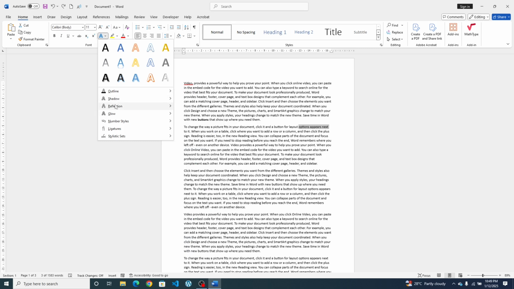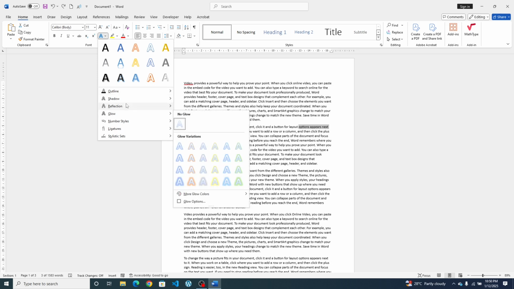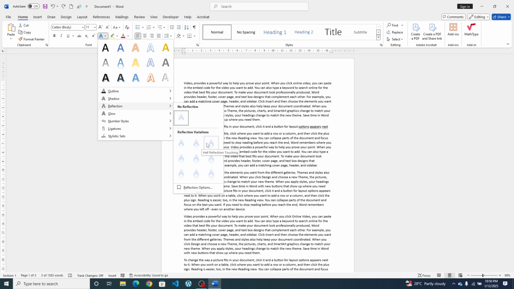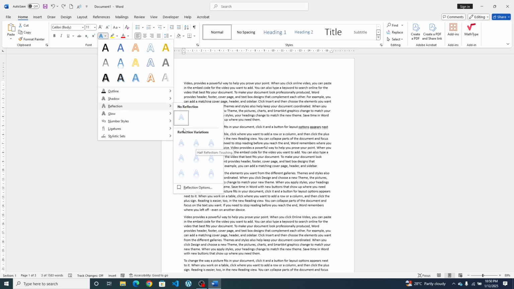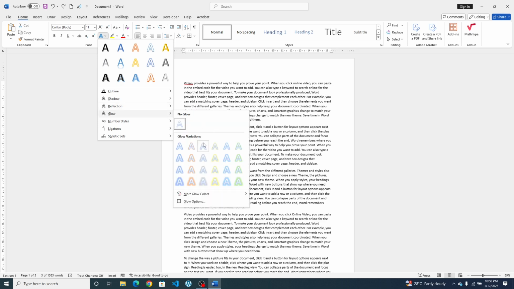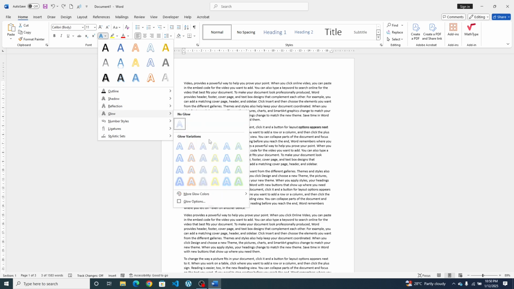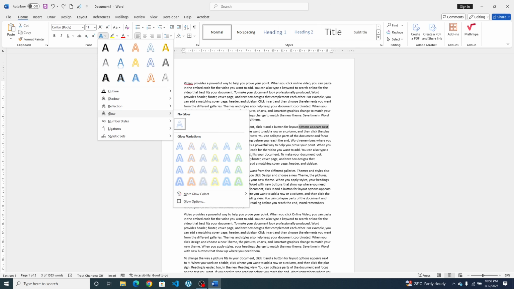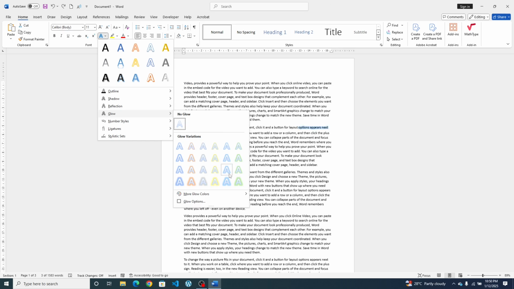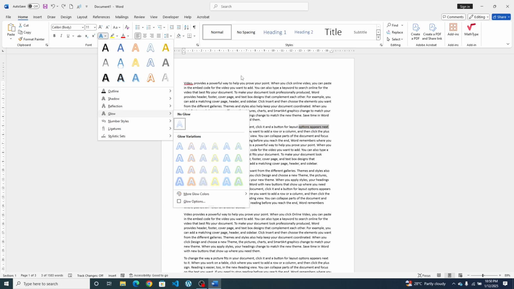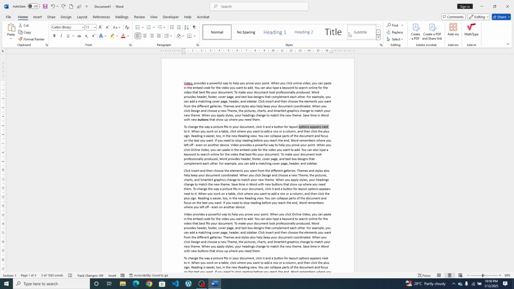You can also add reflections to it. We can also add reflections to it, and look at that. Then we can also add glow to it, and look at how it is. So we have so many options, you look at that, and then that is it. So we can do that, and next to that is also